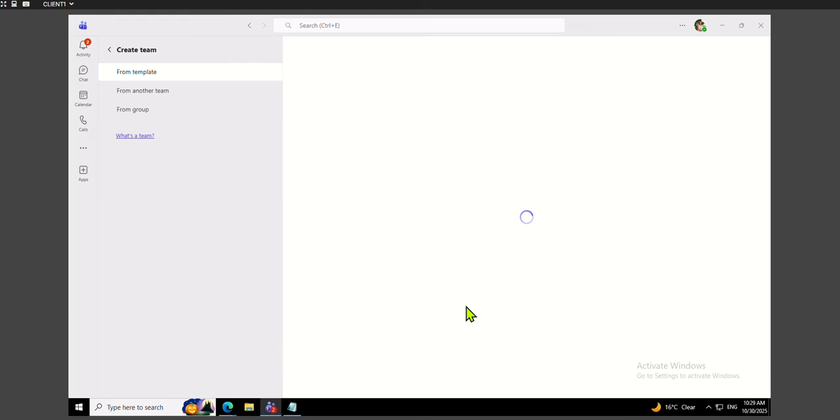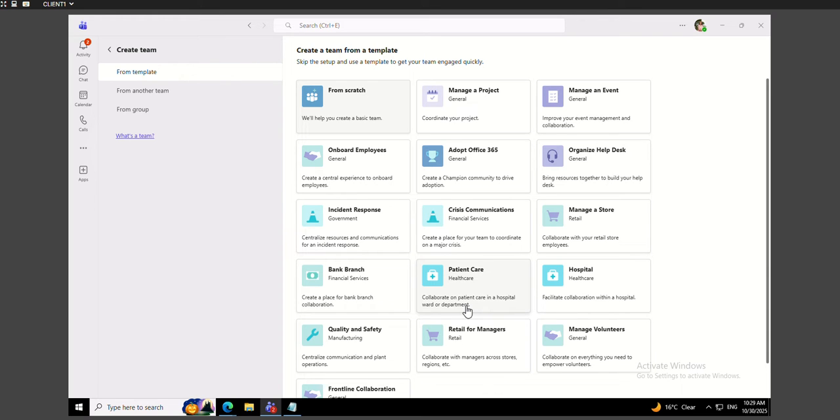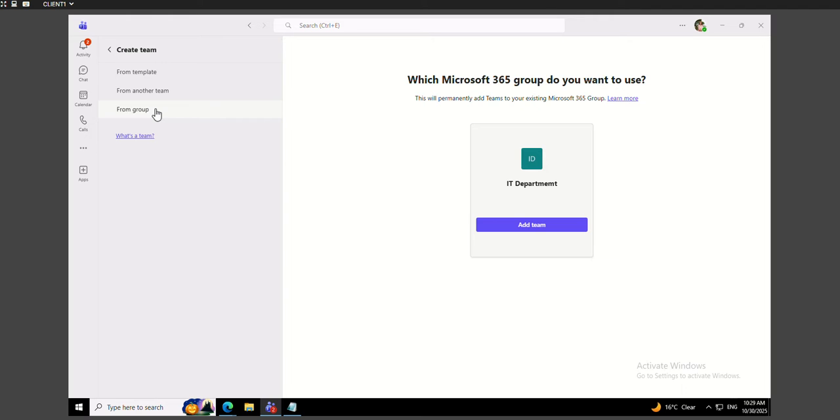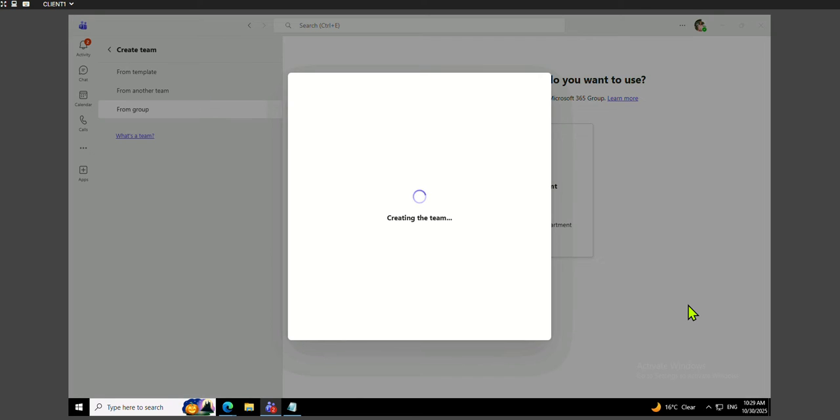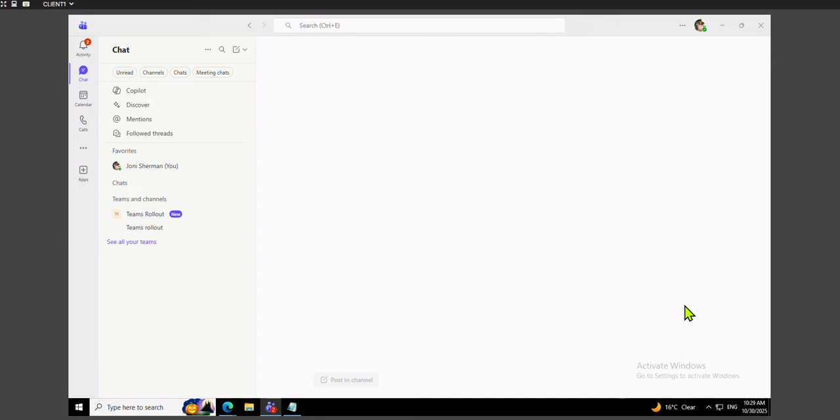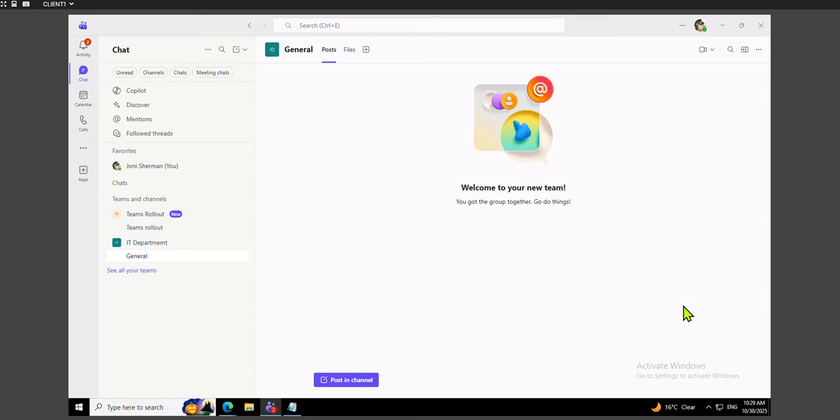We have to select this, and whether you want to create a team from a template or from another team, or let's say from a group, which Microsoft group that you want to use. Let's say we are going to add this one, IT department. So this is created out of a group,